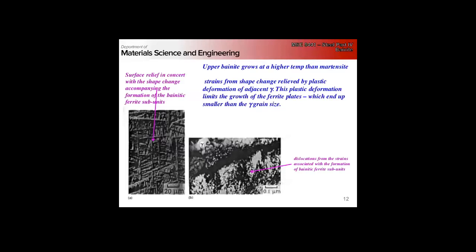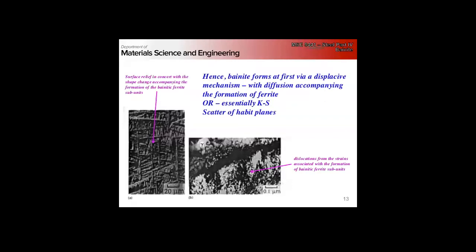Right, so we get these steps on the surface, and then we'll get associated plastic deformation in the ferrite, and these plates are all significantly smaller than the prior austenite grain size. Right, so we have a displacive mechanism with diffusion